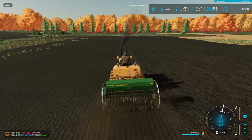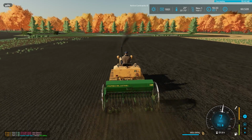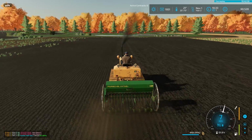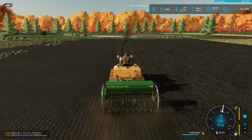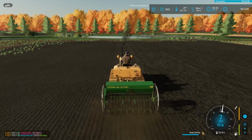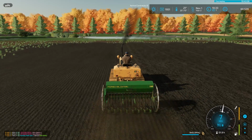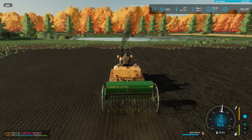I've had to put my coat on this morning. It's a bit nippy out. 21 degrees, not too bad, but it was a bit cold first thing when we started. We started this field at about, I can't remember, 6, 7 o'clock in the morning. I actually started work at about